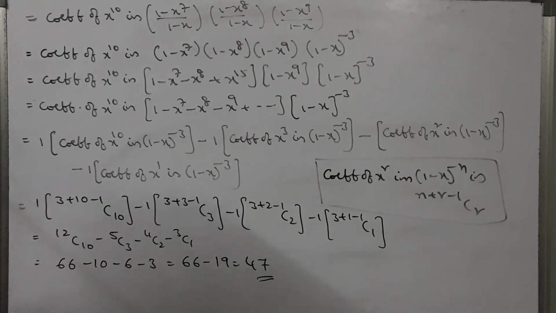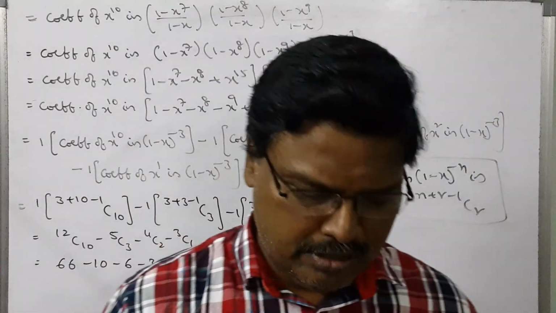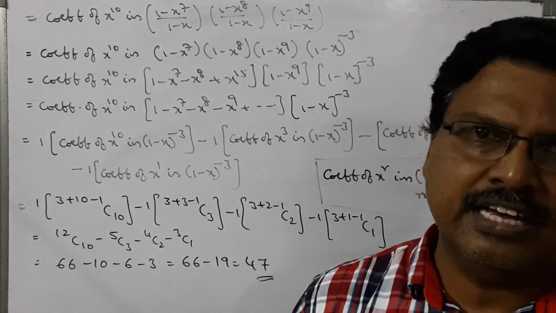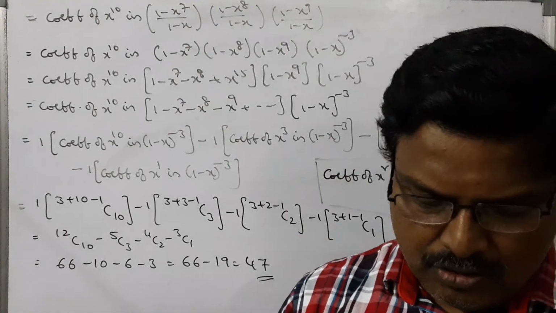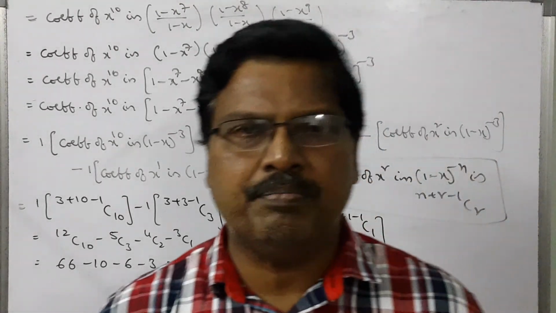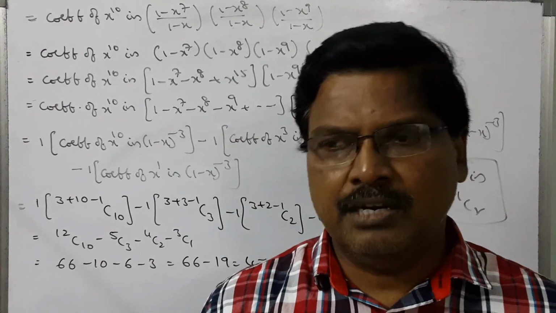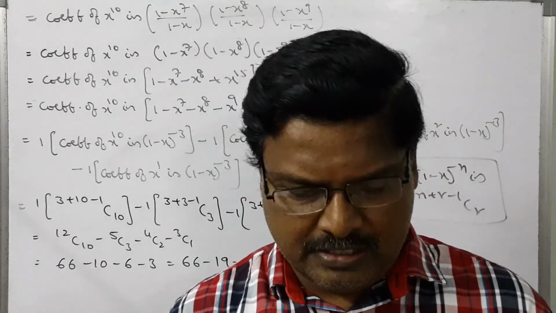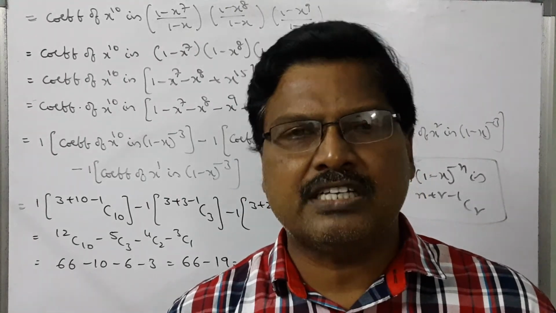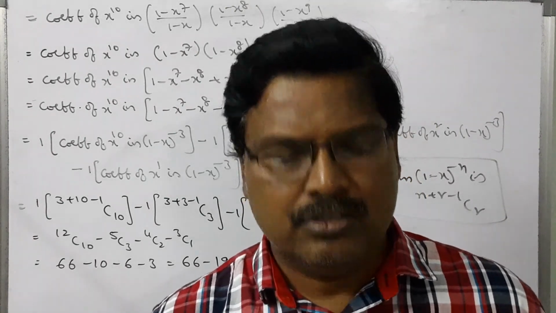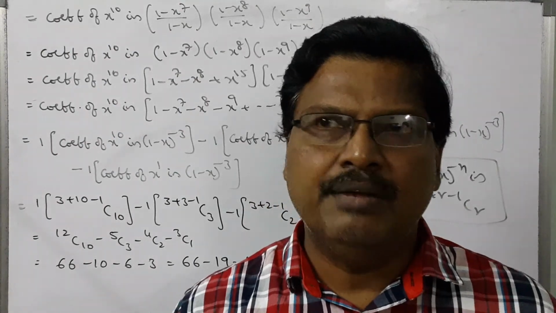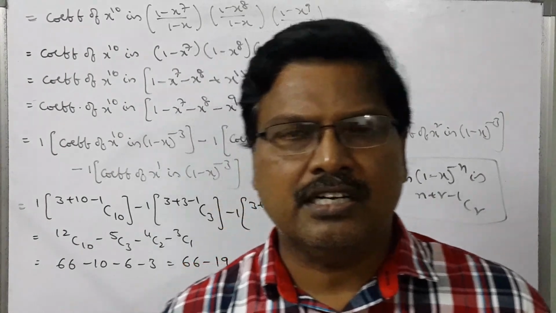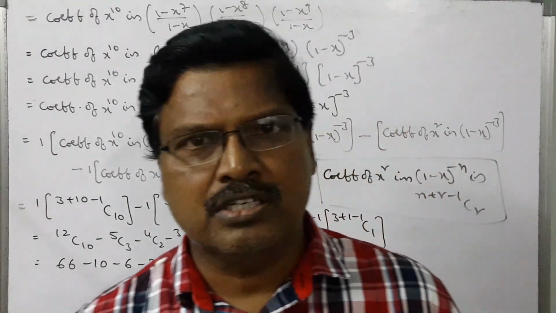That means unitedly A, B, C can donate 10 coins in 47 ways. So this is the application of the multinomial theorem in permutations and combinations. This is the second case. Actually 4 cases are possible. First case I have already discussed in my previous video. This is the second case, wherever the limitations of the variables are different. I will go for the third case and fourth case in upcoming videos. Thank you very much.